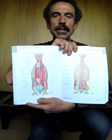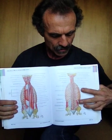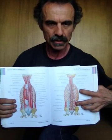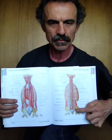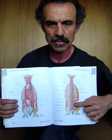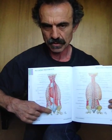This is Netter's, the new standard after Gray's Anatomy, before Gray's Anatomy was a TV show or whatever it is. So here is the view of these muscles with everything else cut away. Right here you have the quadratus lumborum. You can see there's one that's closer to the middle and the other one closer to the outside. And they run from the top of the hip bones up to the bottom ribs and attach to the lower spine as well. And then the longer ones that run up and down the spine are called the erector spinae. And then the ones in the front, the iliopsoas,